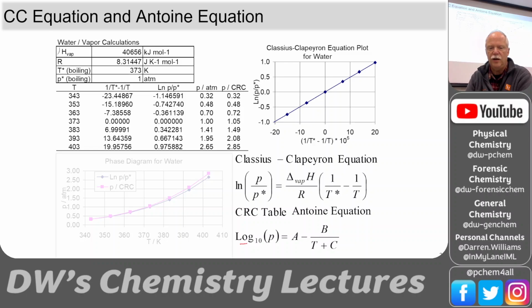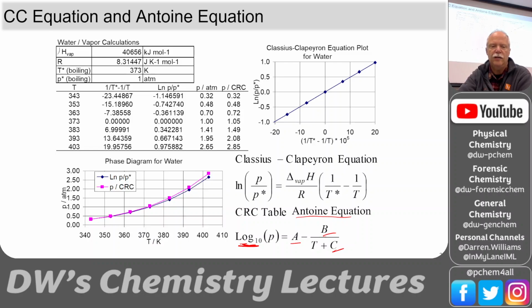And this is typically in log base 10. So you need to be sure to know if you're dealing with natural log or log base 10 of pressure. You would have the A, B, and C constants listed in the reference book that you're looking at. And these are not exactly the same, but they're good. A lot of times the Antoine equation, these empirical constants,